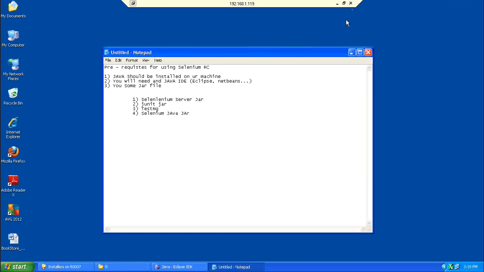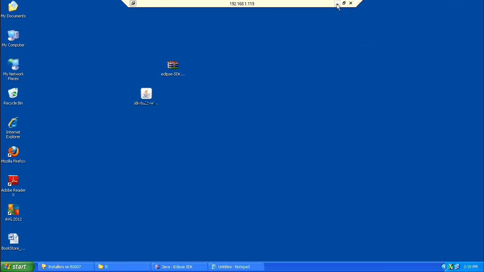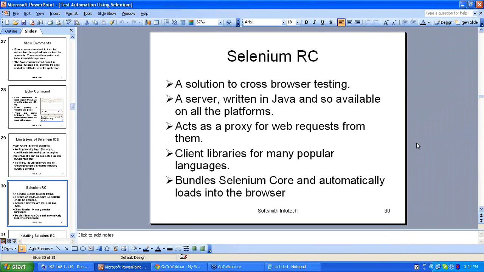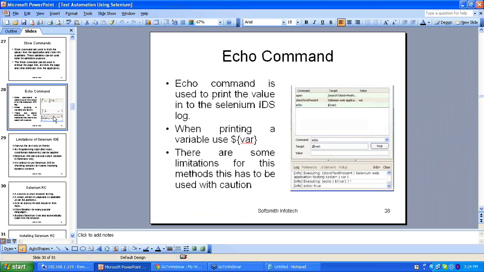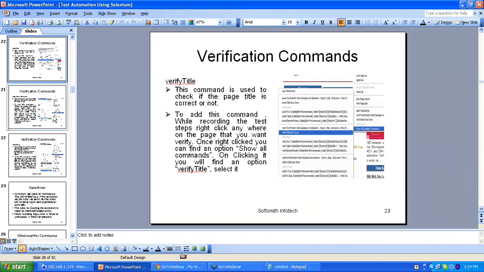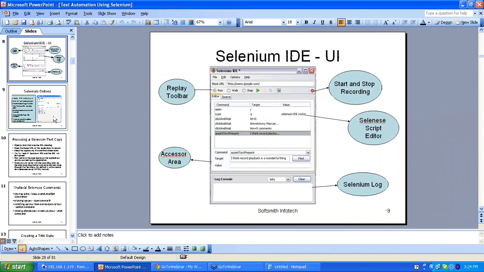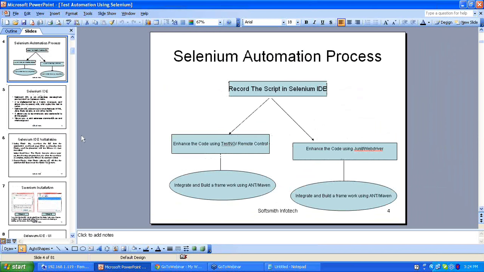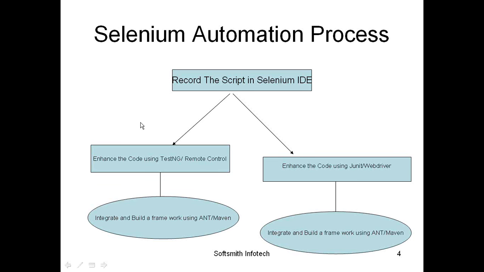Now let us see how to use Selenium. I'll go through the process once again. So this is the process. We recorded the test scripts in IDE.